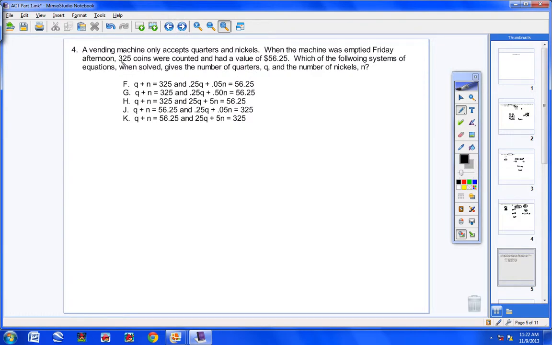All right, number 4. A vending machine only accepts quarters and nickels. When the machine was emptied Friday afternoon, there were 325 coins, so there's your total coins. There was a value, the actual cash value when they counted up all the coins, and it was $56.25. That's the total value. Which of the following, there's our first typing mistake right there. Woohoo! Which of the following systems of equations, when solved, gives the number of quarters Q and number of nickels